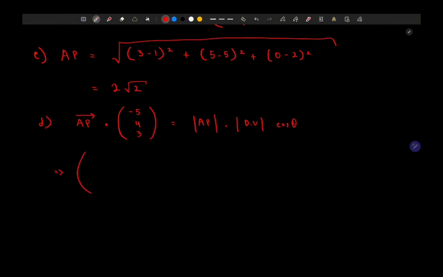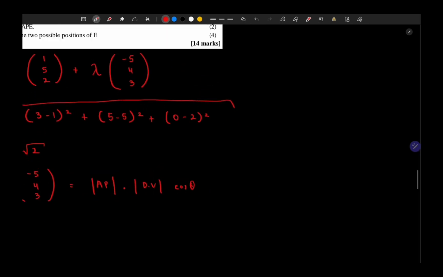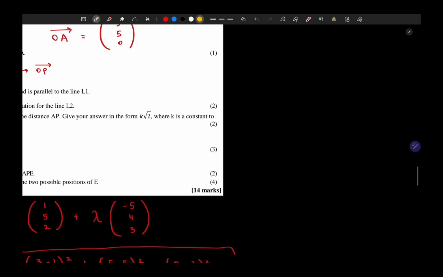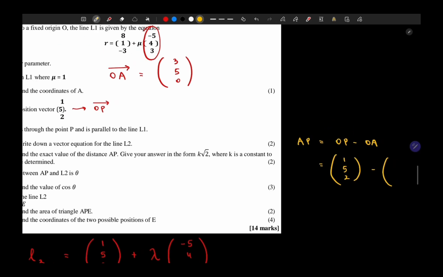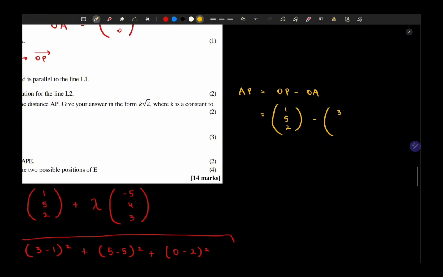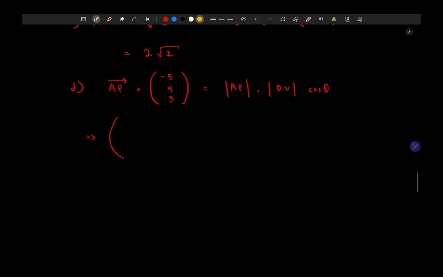So first of all, we need to find out the AP vector. We can say that the AP vector is equal to OP minus OA vector. So OP vector is (1, 5, 2), and OA vector is (3, 5, 0). So this is equal to (-2, 0, 2). So it's basically (-2, 0, 2)